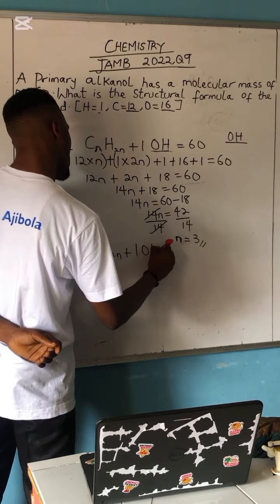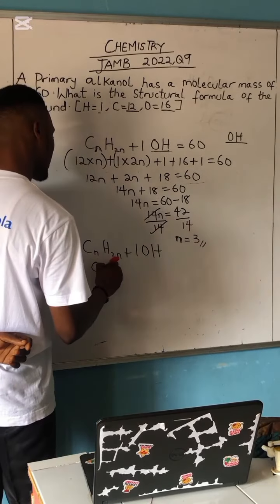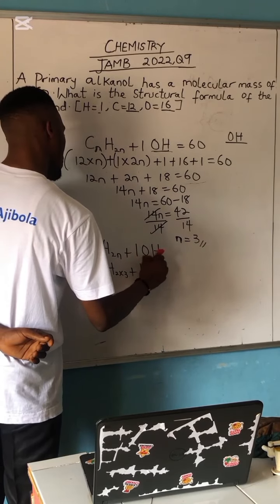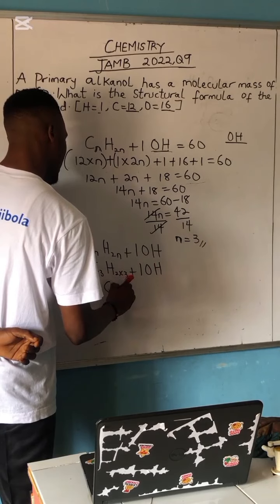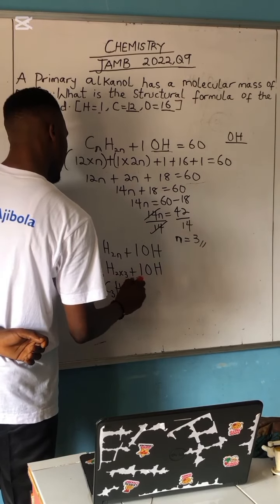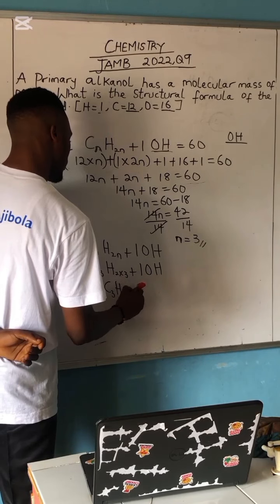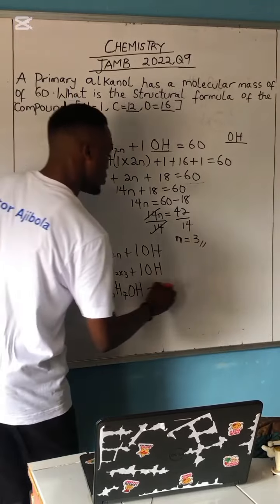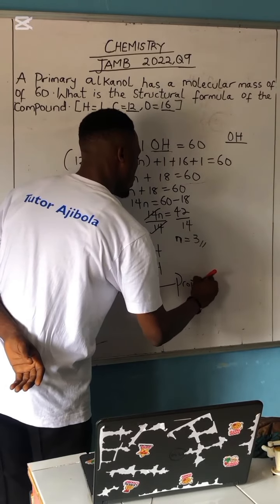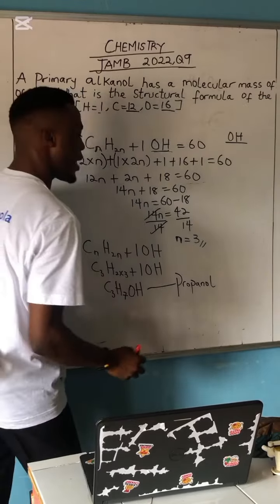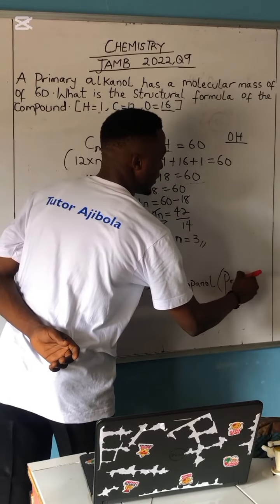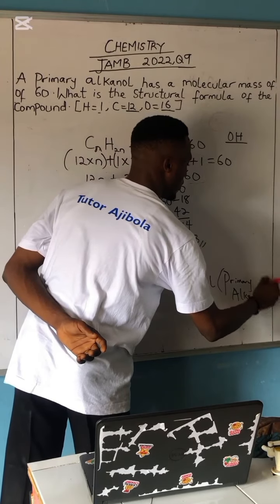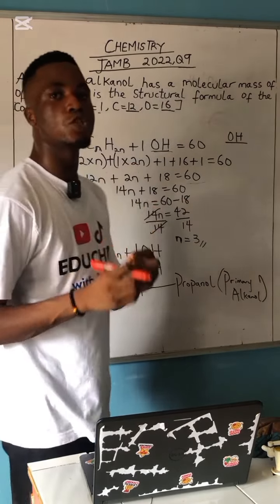Now coming back here, which is CnH2n+1OH. Right? So this is going to be C3, right? H2 times 3 plus 1, OH, right? So this is C3, H6, plus 1. So that would be H7OH. So this is most likely to be what? Propanol. Propanol. And propanol is an example of what? Primary alkanol. So there are two things you will most likely see